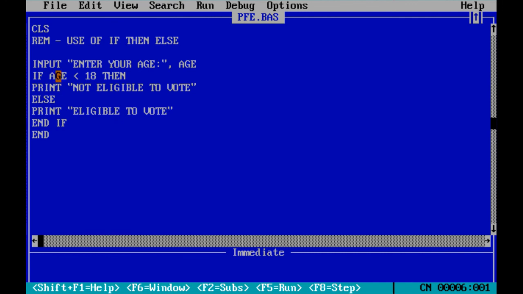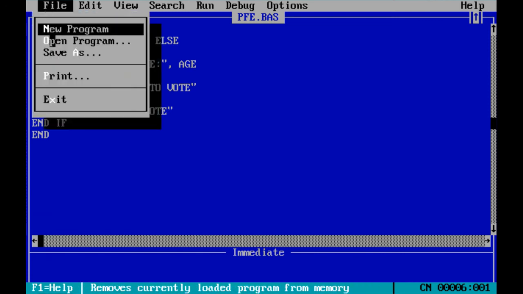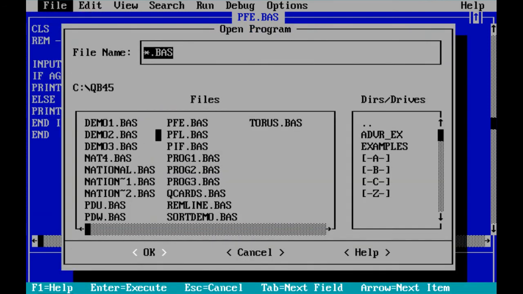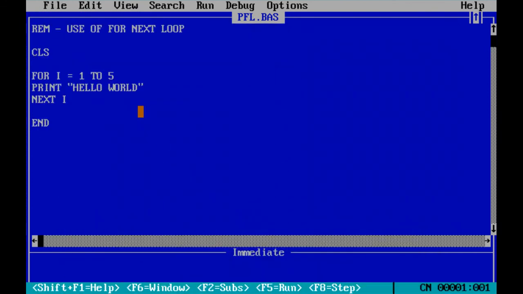Next is the repetition construct, the FOR loop. Use of the FOR NEXT loop.